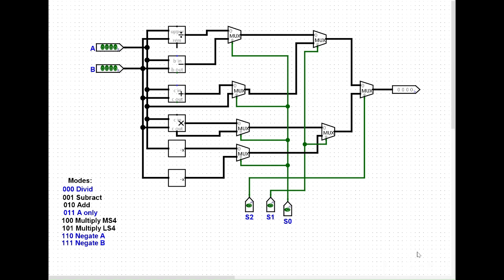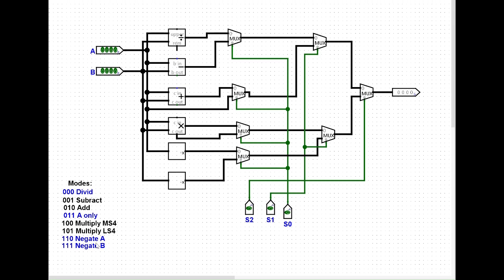So on this one, it still has 4 bits coming in. I added divide, A only, negate A, and negate B. I wanted to use these ones because I really liked the topic of negating, and I thought it was interesting how you can make the bits, the logic, negative in that way. Also, we had some conversation pieces that showed us how to divide, and I thought that was really interesting, so that's why I added divide in here. And then I needed only one more, so I just put A only, because